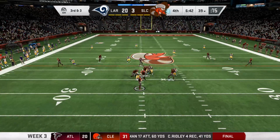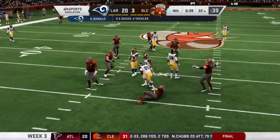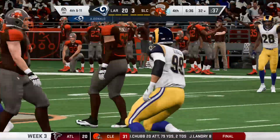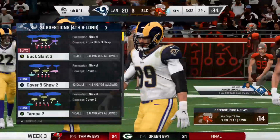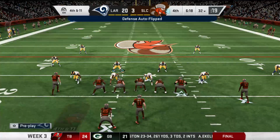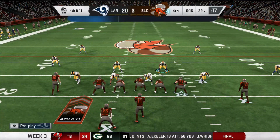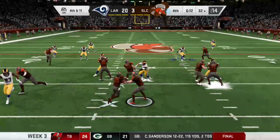3rd and short yardage, Cousins. You got him again. Down he goes on the pressure from the Rams defense. Aaron Donald in there to get him, and on the season now, that is 9 sacks for him. He's looking for another 4-sack game. That's how many he had last week. That's his 3rd. And when I watch him rush the passer, the thing that always comes to mind for me is how